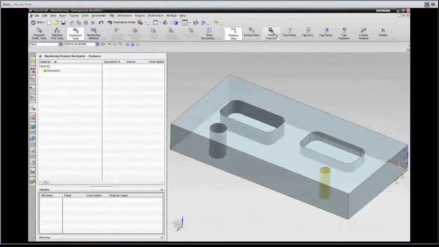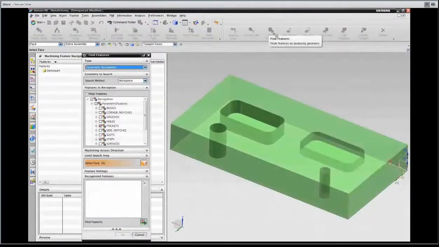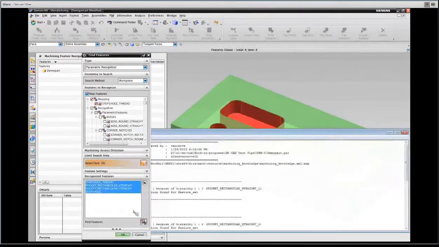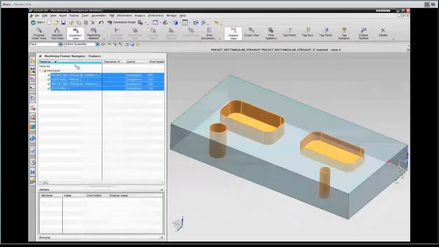Not everybody can figure this out, but if I now go back and run my find features command again, it will take slightly longer because it was reading my XML file. And you'll now see that my map feature is sensitive. If I click it, I get the extra option of recognizing step 1 hole threads. That's because of the mapping rule that I just added. If I would now do the recognition,